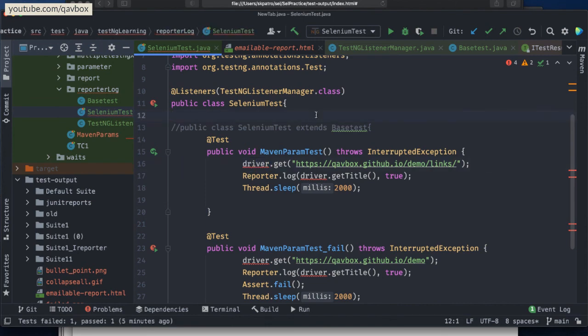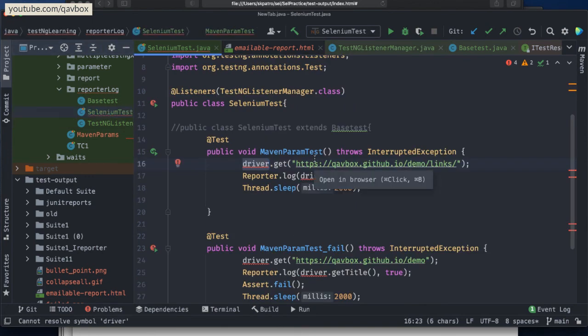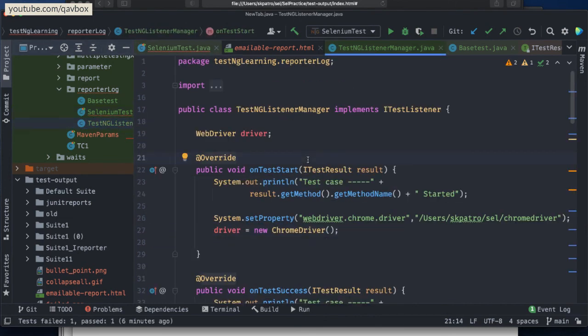For this we need to do a small change, which I'm not going to cover at this moment. This is not the scope of this. You can even use this driver object in this test engine listener. You can create a third, separate class where you send the driver as a getter and setter. Here you will set that driver object, and there you will get that driver object. I will show you that in our upcoming videos. If you are using test engine listener, hold yourself for a bit. I will show it while designing the framework, because if I say it now, it will be a lengthy video which might bore you guys. But this is the concept.